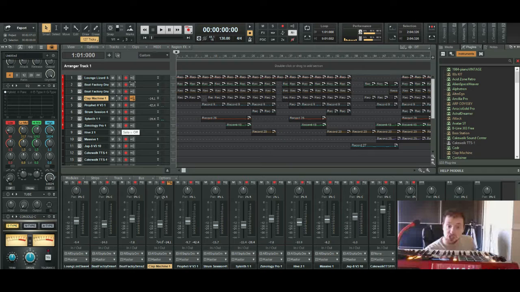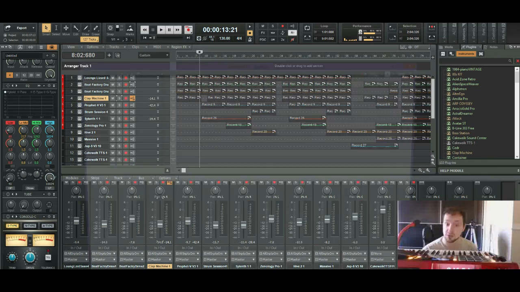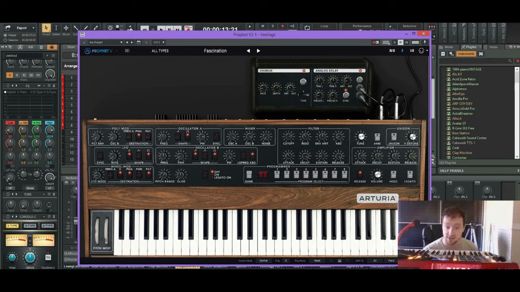Alright, next track. Track number 5. Again, I've said it earlier in this video, I got a new plugin from Arturia. Now, honestly, when I saw the Sequential Prophet 5 making its return, I'm sorry, I could not resist picking up the Prophet V. This thing is a freaking killer.